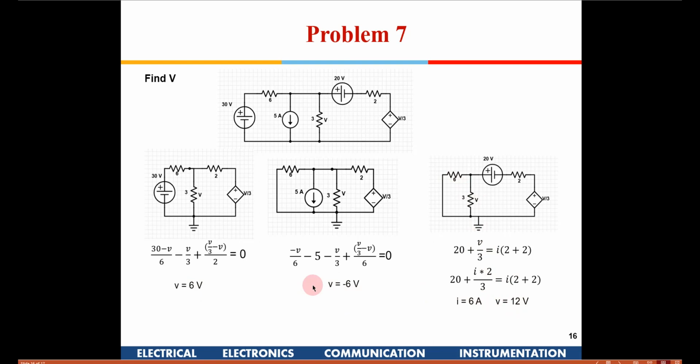Now you add up, this is the superposition theorem, so we add up these 3 voltages and we get the net answer to be 6 volt. Is it clear to all of you? In these two cases we have written the node equations, and here, since there is a current source available like this, we can't write the node equation straight away. So instead of that, we have found out what is the current in this loop, because these are in parallel, so this becomes a single simple mesh. So we found out the current first and then we found out the voltage. Is it clear to all of you? Yes, sir. Okay, so with this we come to the end of